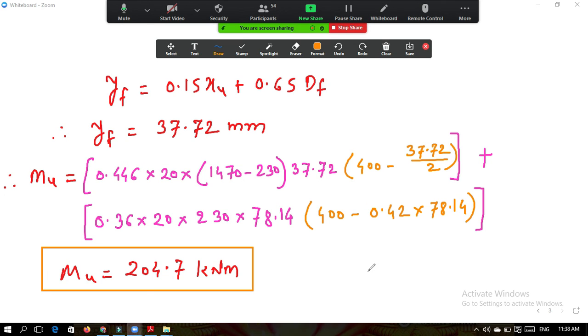So in this way we need to solve the problems. These types of problems will definitely be asked in the exam. These numericals are very lengthy. It is easy but lengthy. If we move to case number 3, we have to do a lot of calculation. We need to check case number 1, then case number 2, and then finally case number 3. In the exam, these types of problems will be asked, and in that problem your case number 3 will come.